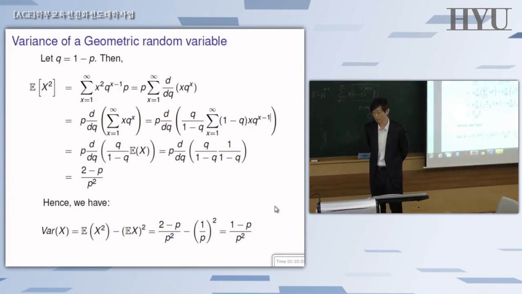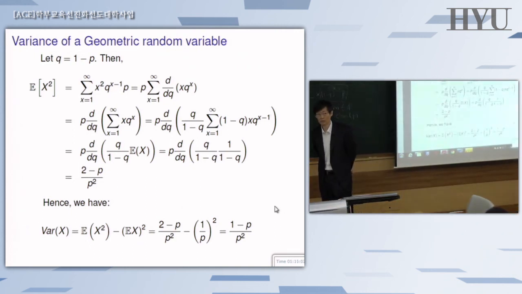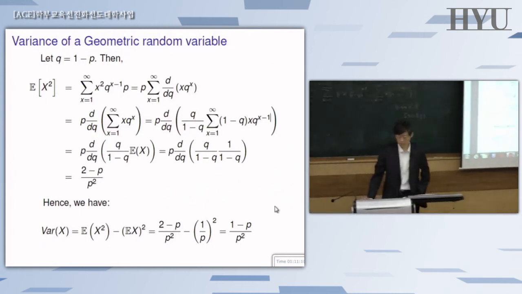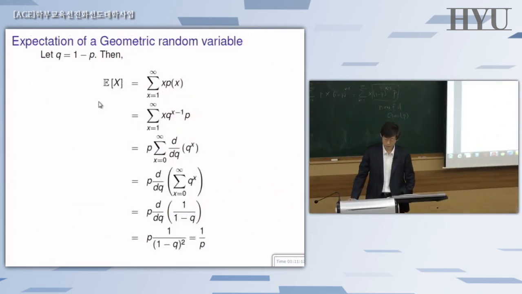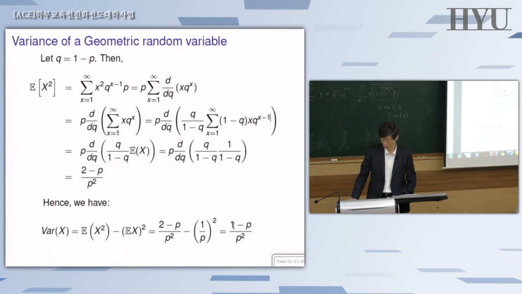Variance won't get used much, but the expected value of geometric p might be used. Just the reciprocal, 1 over p. Don't pay attention to those steps that you have to go through to derive this one. Just need to understand what we mean by this expectation of x when x follows geometric p. So that's 1 over p. In the case of variance, it just gets a little bit more complicated, but not that much. Still the same side of the story. 1 minus p over p